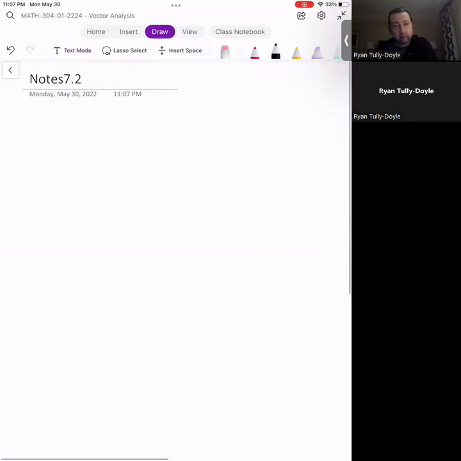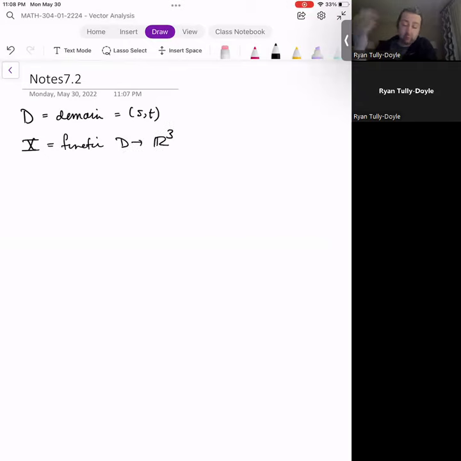So we're dealing with parametrized surfaces. Remember, for a parametrized surface, we have a domain D, which consists of coordinates S and T. We have an X, which is a function that takes the domain into R3. A surface has to be in three-dimensional space. It doesn't make any sense for a surface to sit in R2. We can do things in R4, but that requires lifting a bunch of definitions that you probably don't really want to